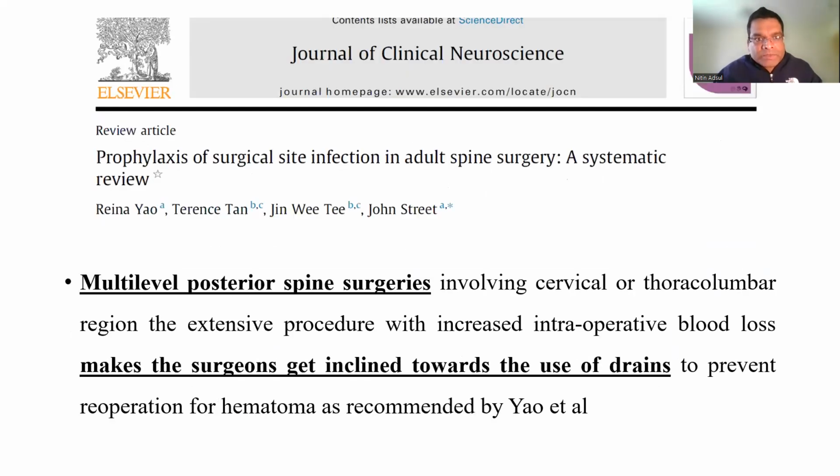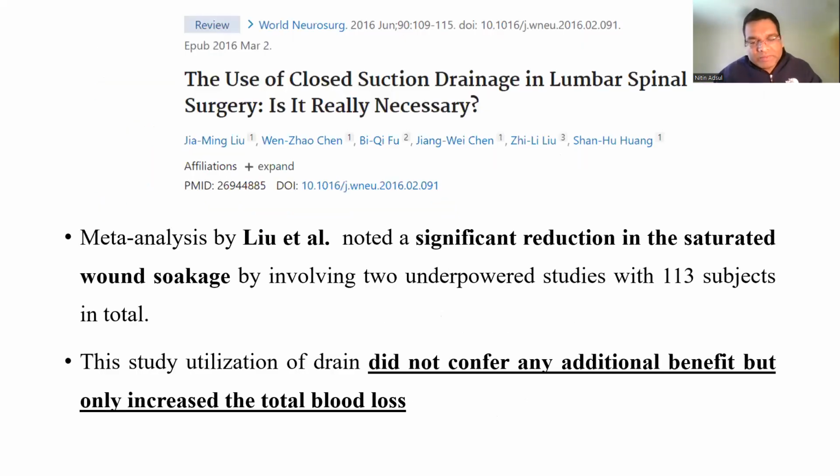radiological studies. Now, the prophylaxis of surgical site infection in adult spine surgery, and this is the systematic review in this article. The multiple level posterior spine surgeries, they are more in favor of putting the drains if the surgery is multiple to prevent the reoperation or hematoma formation as recommended by this study. But this was the only study. Now, the meta-analysis by Lewittel noted significant reduction in the saturated wound soakage by involving two underpowered studies with